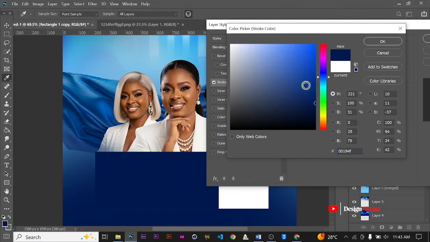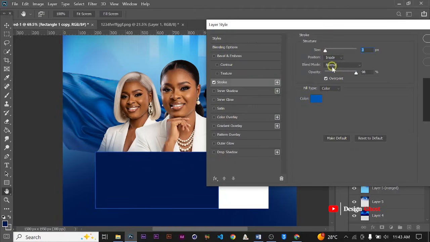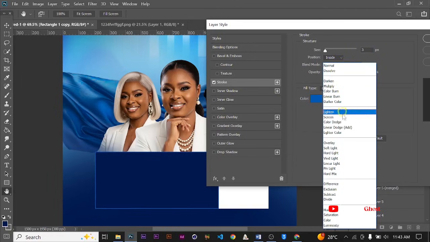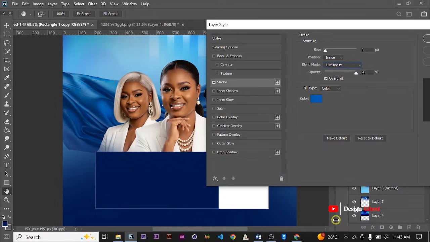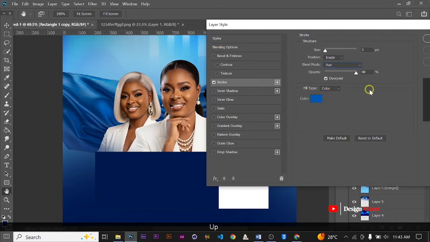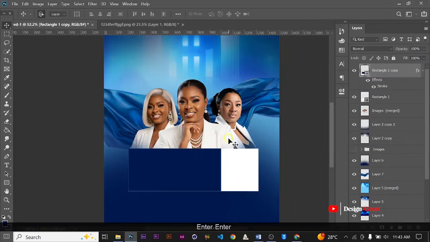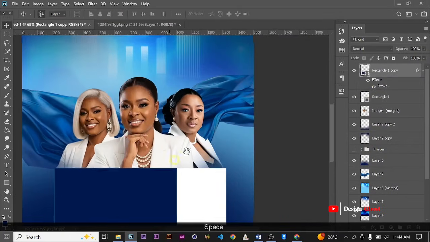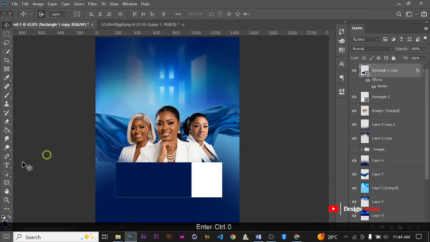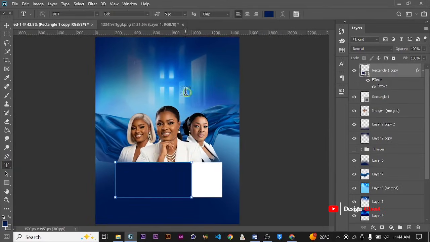Change the color. Let's see the blend mode. Great. Now we can write our title, so we grab